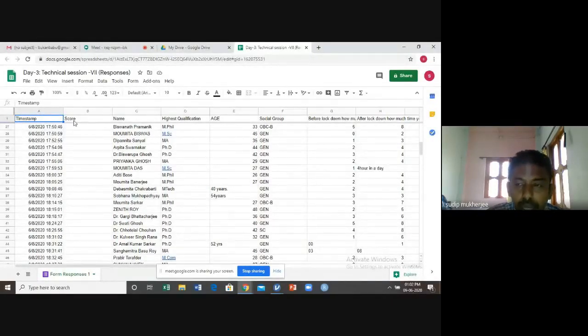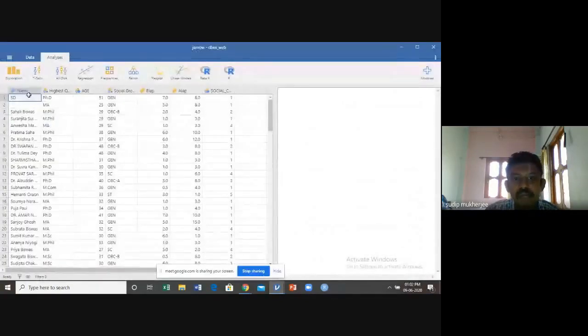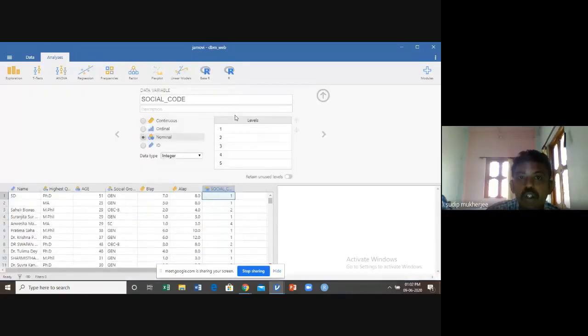After making it proper form, the variables time and score are not required anymore. That's why I drop these variables, and I consider the variable set like name, highest qualification, age, social group, and B lab means before use of laptop, and A lab means after laptop use.